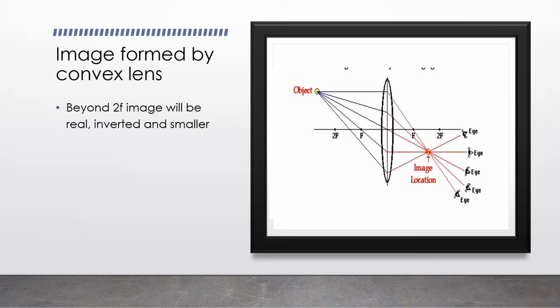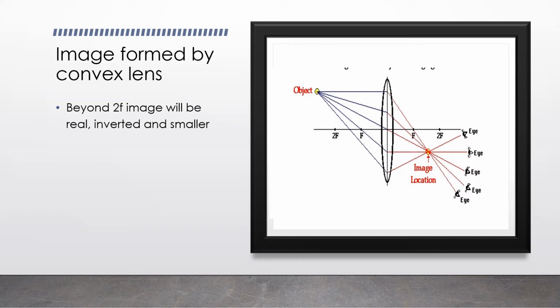We have two different lenses we are using. One has f for the focal length, and two times the focal length is 2f. On the other hand, on the right we also have f and 2f, which we have marked. Students, the basic game is that I am placing my object at different positions from the focal length, and then we will see how the convex lens forms the image and which type of image will be formed by it.